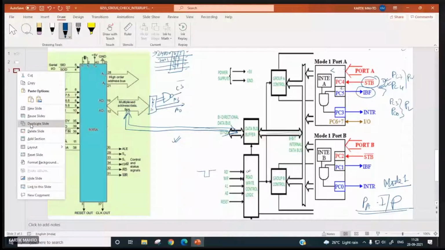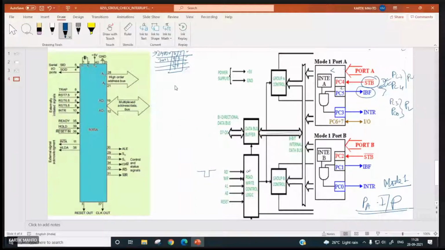If I write the control word, D7 will be 1, and these two are used for selecting the mode for port A, so it will be 0, 1, and port A is input, so it will be 1.